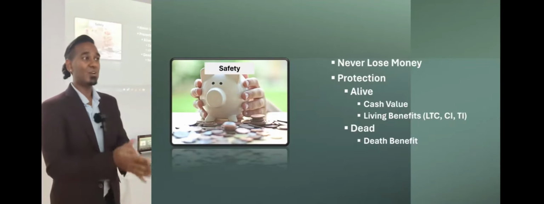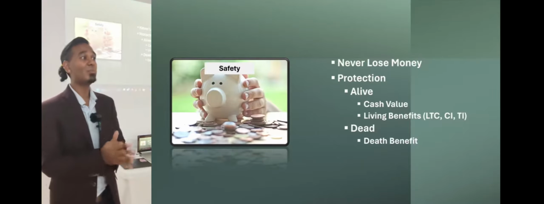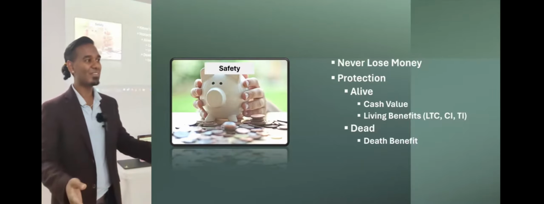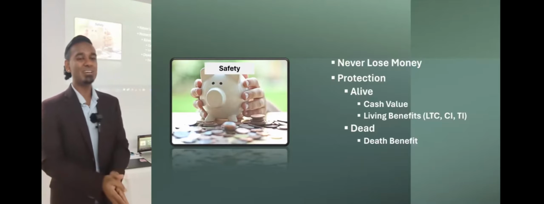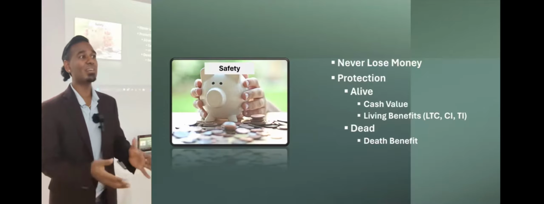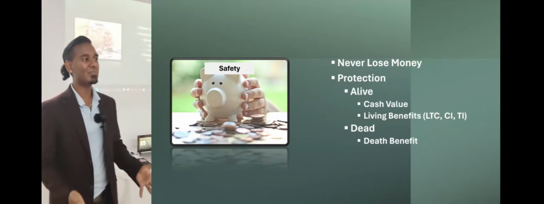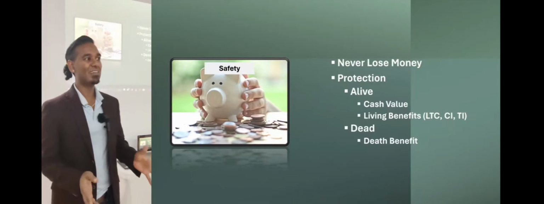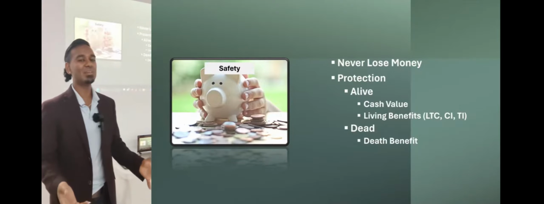The safety that this product gives you is the protection that whether you're living or dead, the people you care about, whether that's yourself or others, are all protected, right? And this level of protection is the minimum foundation that everyone needs to start with before they can go out and invest in more risky, non-guaranteed options, right? There's nothing guaranteed in life, so in order to protect you from that, you need to have something like this.